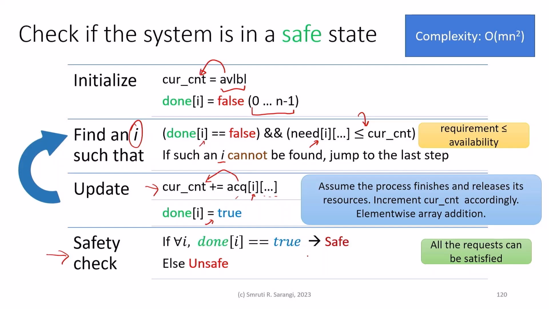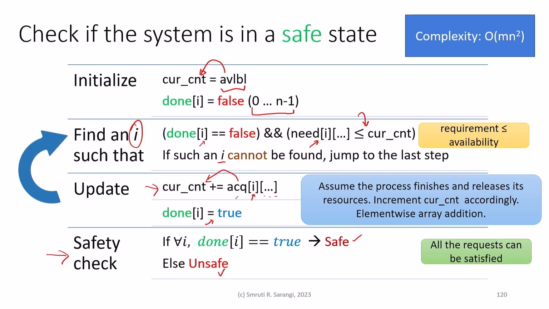When do I reach the last step? When no such i can be found. At this point, we expect all the processes to be done, which means everybody's requirements have been satisfied. If that is not the case, then I am unsafe. If it is the case, I am safe. This is conceptually the same as deadlock detection, where it is just possible to satisfy everybody's request. That's all. It is just holding in a